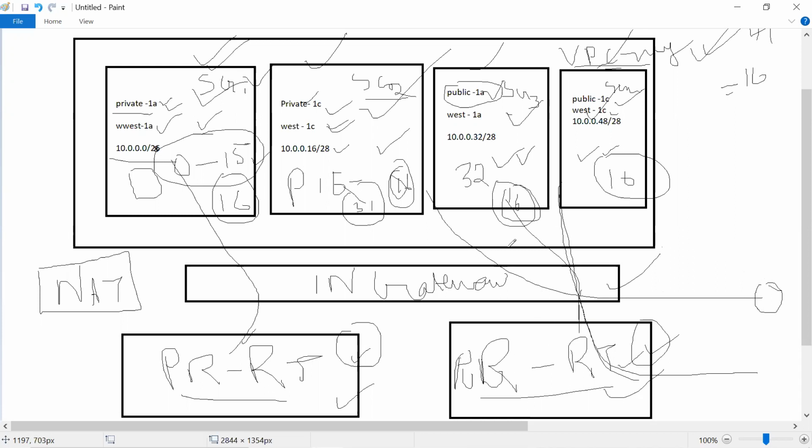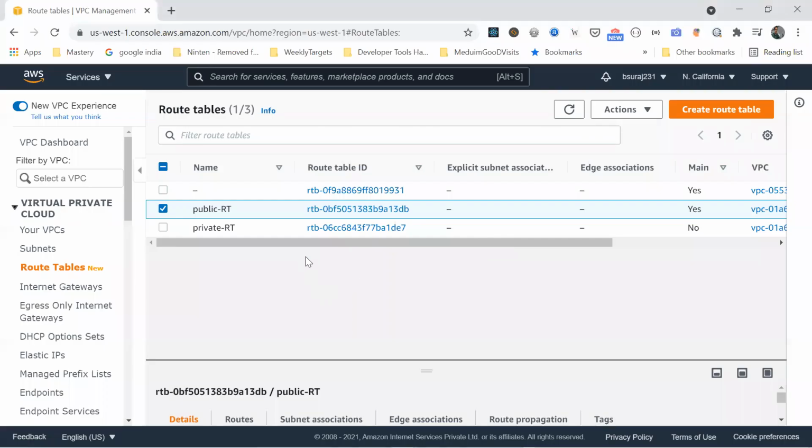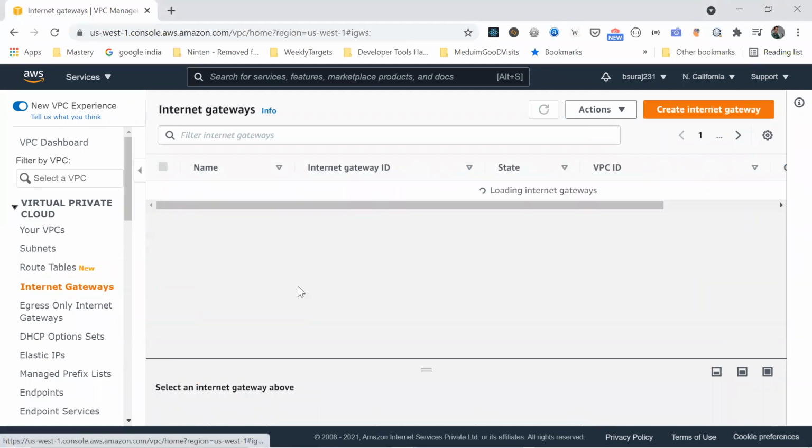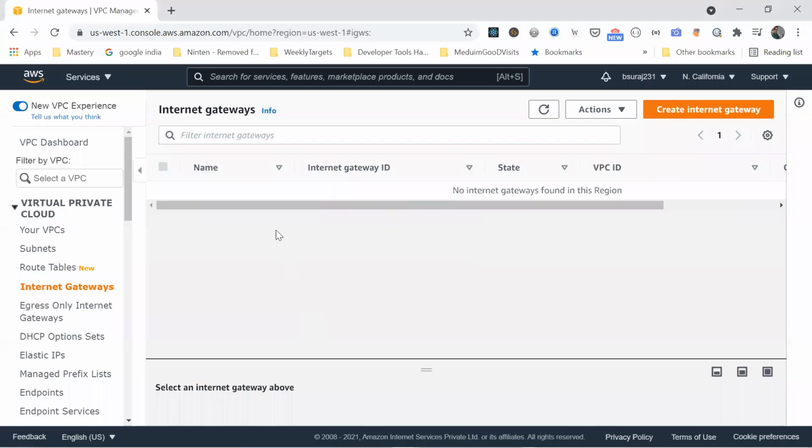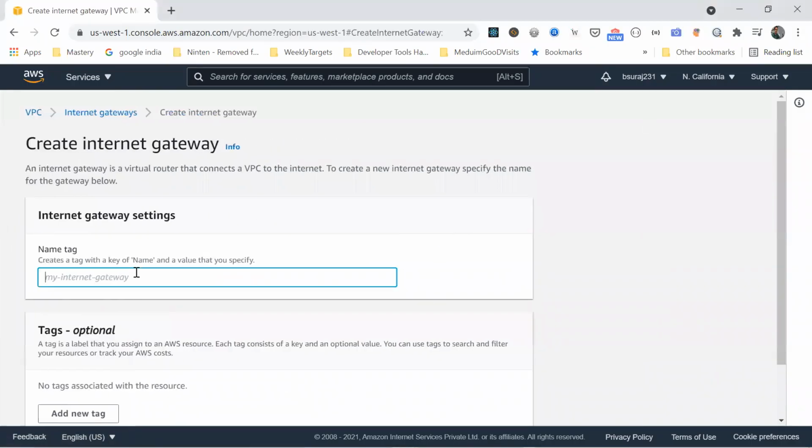Or you can keep this box above, and then I can make a clearer picture. Or this box just below, so that the client will first go to the internet gateway, it will check the route table, and if it has public access, it will give access to this one. So let's go to internet gateway. Internet gateway is like giving access itself, right? In layman's terms, it means access to the internet. So let's create an internet gateway.